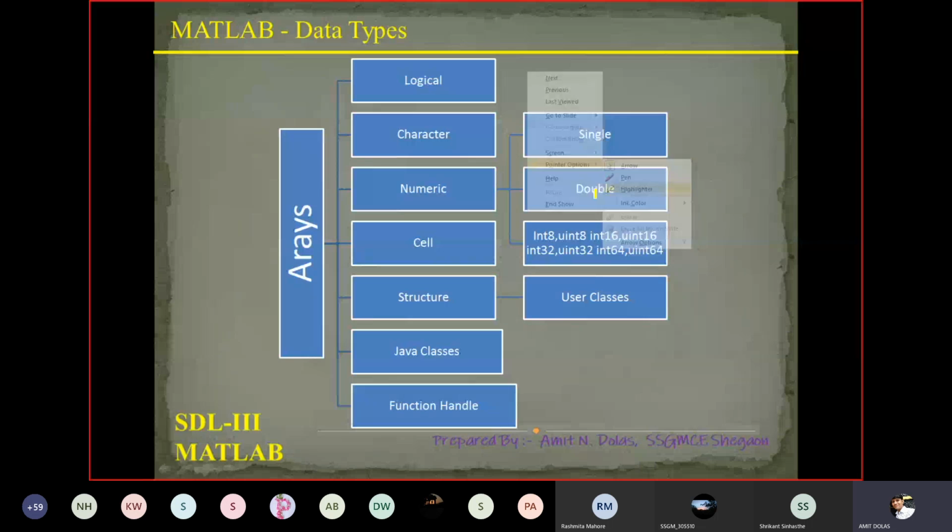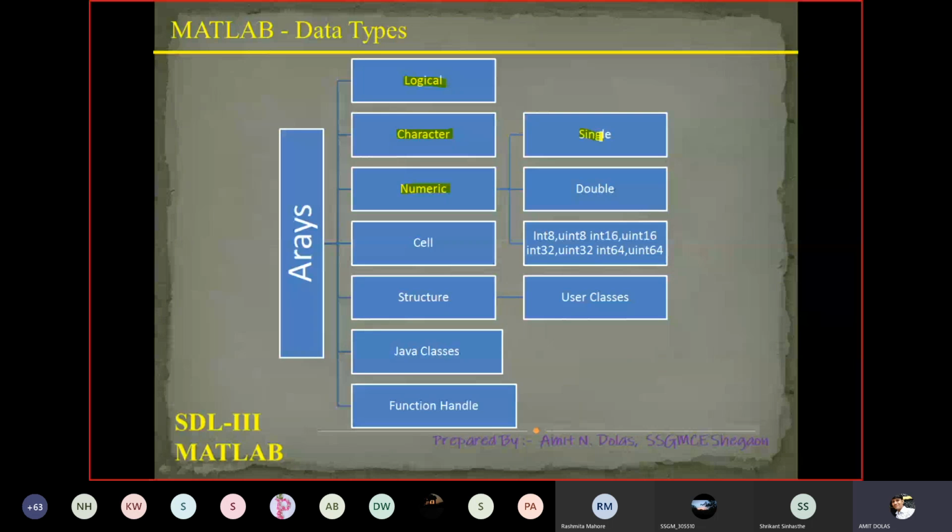So we will see all listed on the PPT, but we'll focus on a few data types while performing the operations, because MATLAB is a huge software. It has a huge number of syntax and functions, so we will not operate on each and every function. Those which are required, we will work on. So for data types, logical means 0 and 1, of course. Then character means the alphabet A B C D. Then we have numeric, which contains numbers.